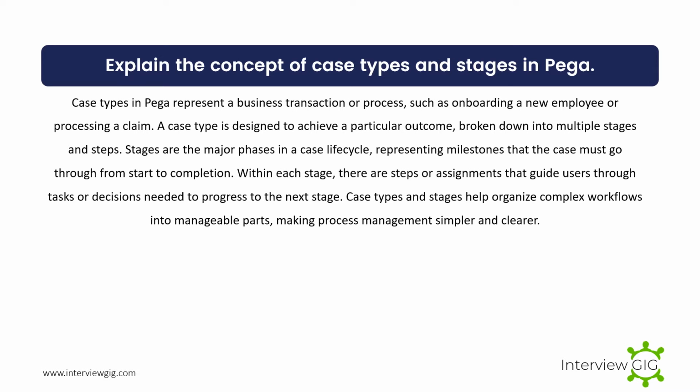Explain the concept of case types and stages in Pega. Case types in Pega represent a business transaction or process, such as onboarding a new employee or processing a claim. A case type is designed to achieve a particular outcome, broken down into multiple stages and steps. Stages are the major phases in a case lifecycle, representing milestones that the case must go through from start to